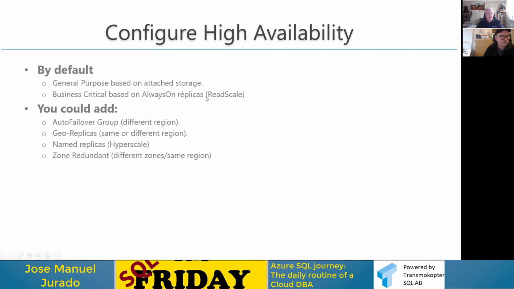But of course, you could add more for yourself. For example, you could use auto failover group. Basically, it is geo-distribution of Always On, like availability groups, more or less the same as on-premises. So what does that mean? You are going to have a listener that you connect to, and you are going to have your primary server and your secondary server, and the primary and secondary will have some number of databases.